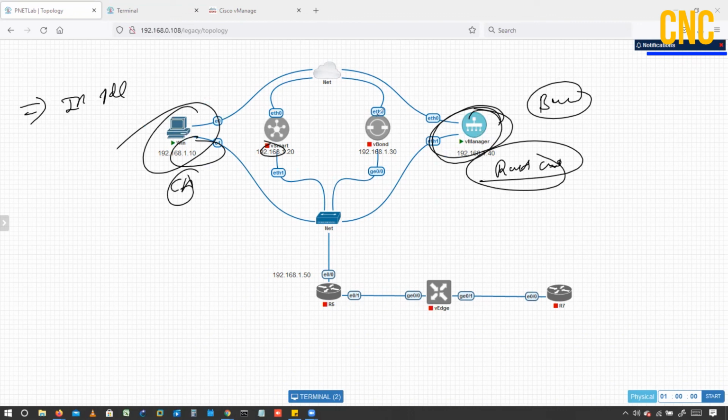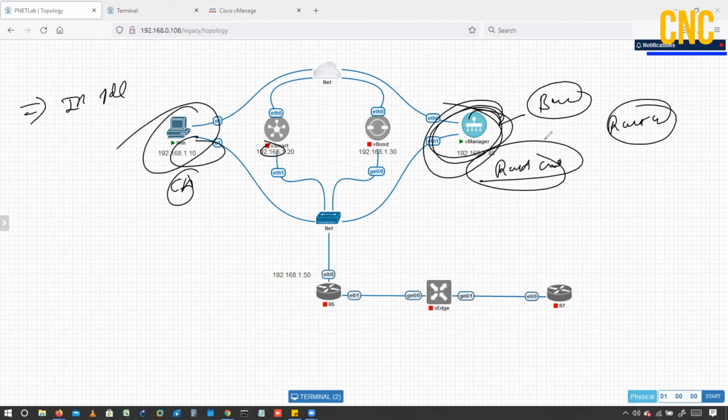Okay, now the next thing, I will do base configuration on these. Before that, we have to register this vManage with the CSR certificate. That's a very important part. So right now we have just done the root certificate configuration on this vManage.